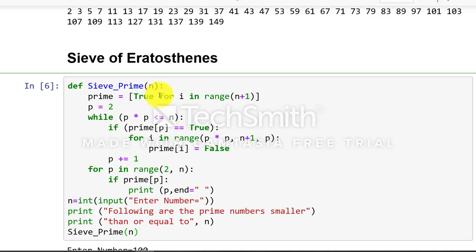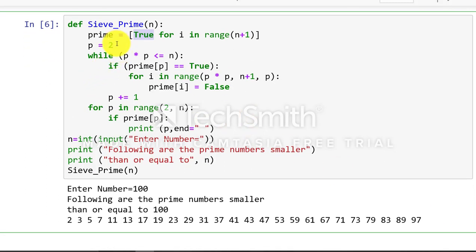And store true value in all the entries in the list. Suppose n value is 100. So from 0 to 100, all the indexes have true value, meaning containing 1. Means in this case we assume all are prime numbers in the sieve. Now the task is to sieve out all the non-prime numbers. Now select one number, start with p equal to 2. Let us assume that 2 is a prime number because it is the first number and there is no division, meaning 2 is divisible by only 1 and itself. So definitely it is a prime number.